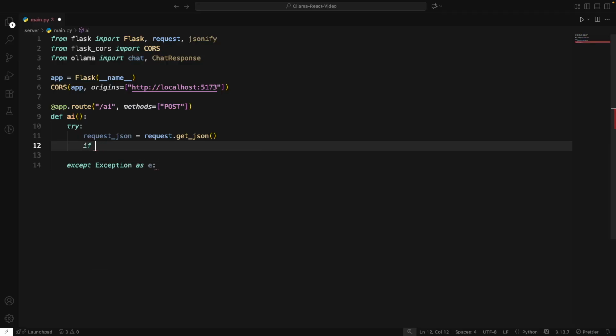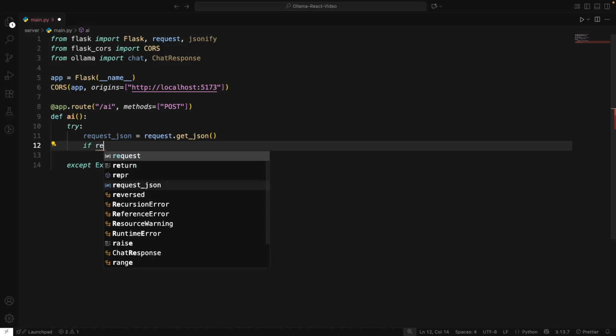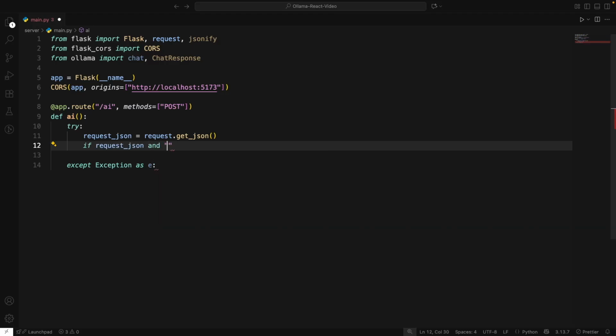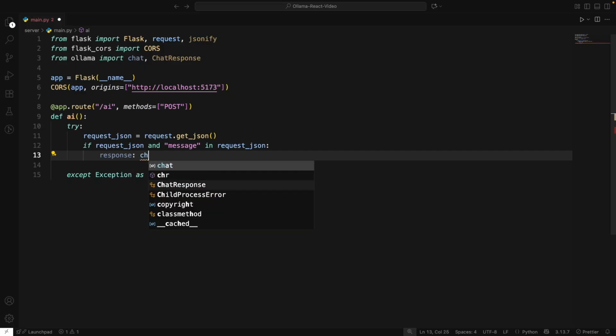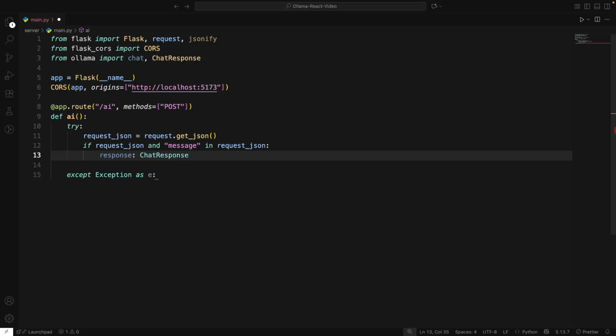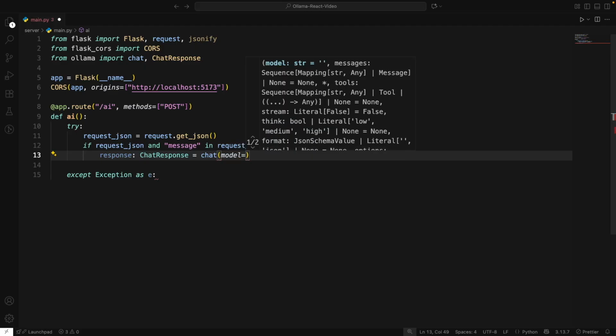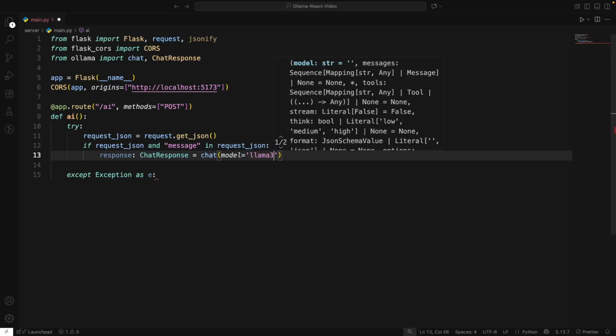And this is going to be checking. So now we're going to be checking if we have message inside of the JSON, which we will have once we actually send the request to the backend once we program the front end. So we'll do if request_json and message in request_json. If we do have that, then we can get the response from Ollama. So we'll do chat_response is equal to chat. The model that we're going to be using is the one that we downloaded, llama3, and then